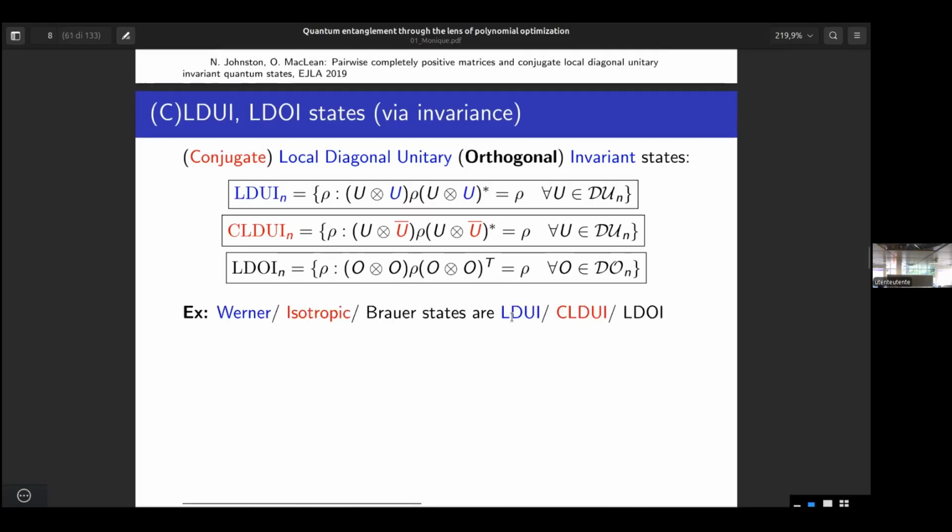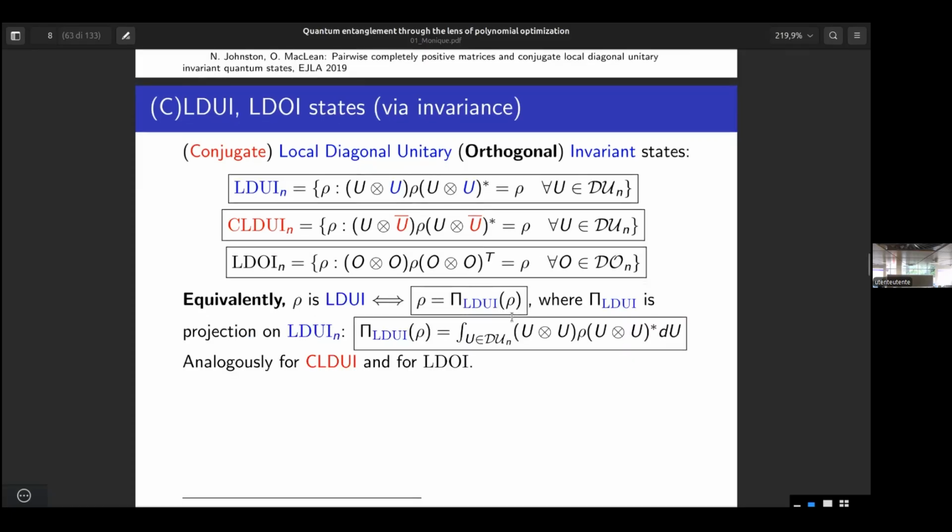So this contains the isotropic states and the states that we defined at the very beginning, where instead of diagonal we were insisting on all unitary or orthogonal matrices. This is a much larger class. So, for instance, we can look now at the projection onto one of these spaces. And since we have invariance under the group, you get the projection by taking the average, so you average by integrating over the group.